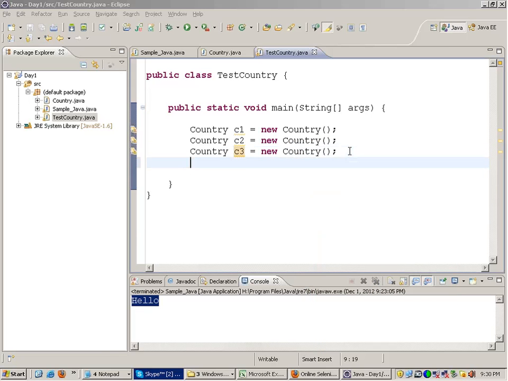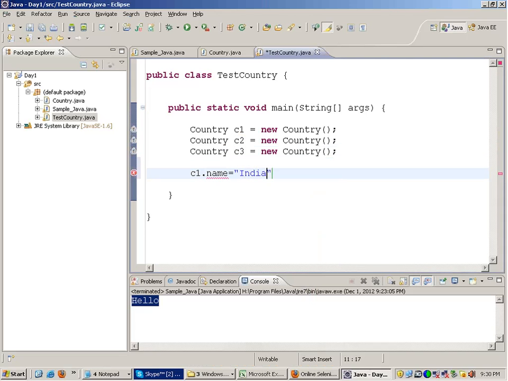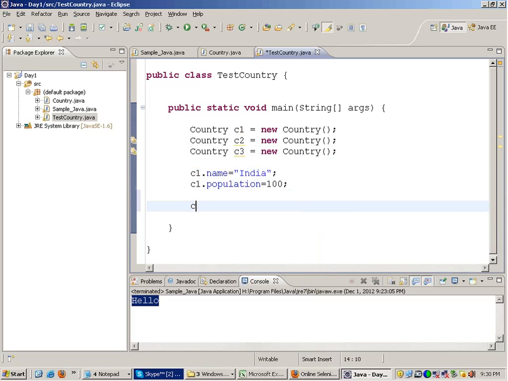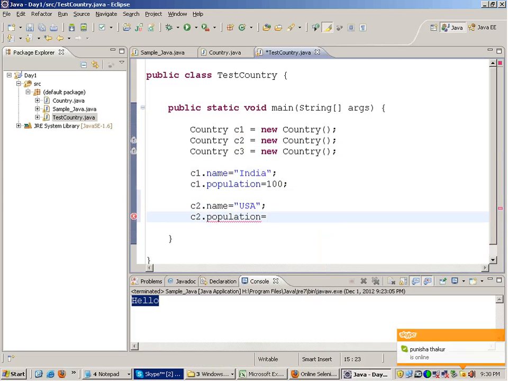Now if I write C1 dot, I can access the variables inside C1. I can write C1 dot name is India, C1 dot population is say 100. Similarly, C2 dot name is USA, and C2 dot population is 8.